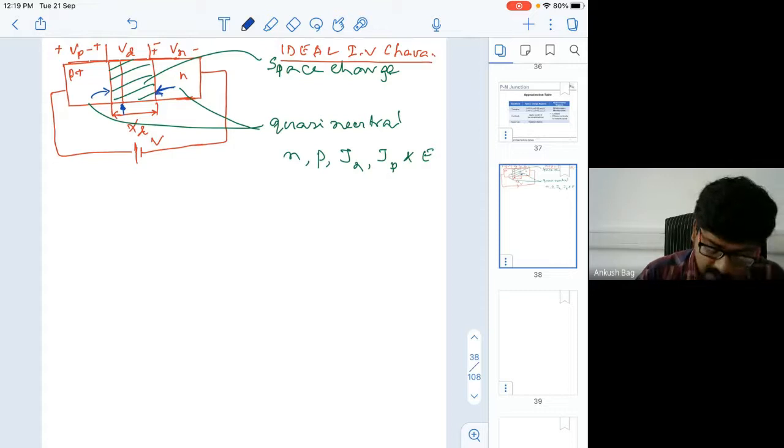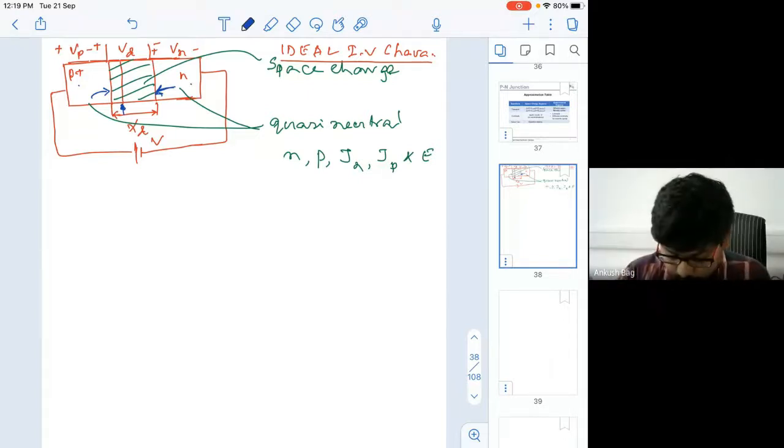So all these junctions are abrupt. This is the first simplification. Then this doping in this P side, P plus side or N side, they are uniformly doped. So there is no variation, because again in our syllabus we have this diode where we have linearly varying doping, or doping where we will see that doping is varying parabolically. So we'll see later. But here we are considering that the doping is uniform.